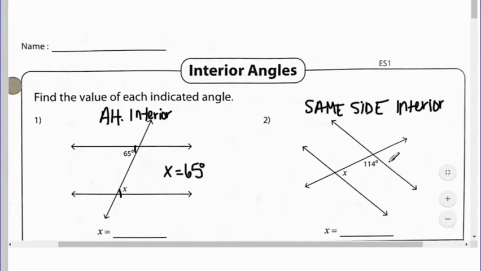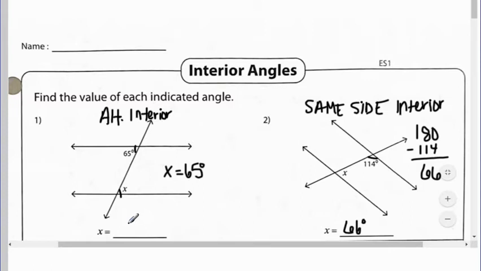Okay, and then these two, we know they add up to 180 degrees. Well, this one already has 114 of that 180. So what I'm going to do is take 180 minus 114. 180 minus 114 is 66 degrees, and that is what x equals because we knew that together those two angles